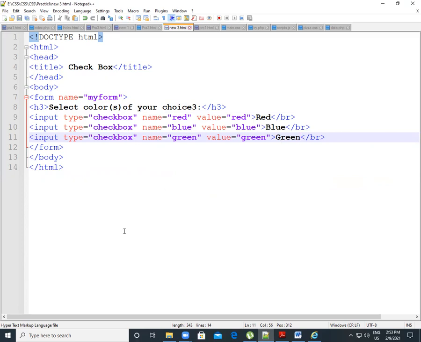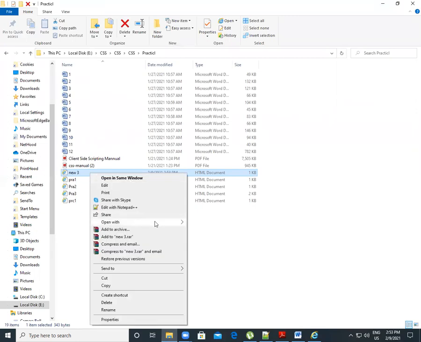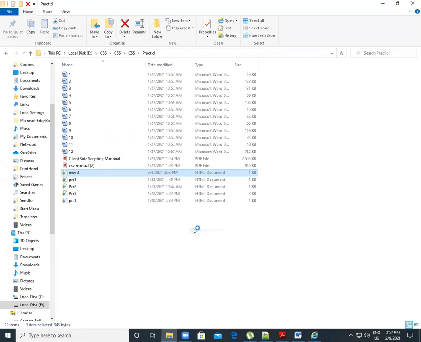Now you can save this file and run it in your browser. One second, I will run this program on Internet Explorer, oh sorry, Google Chrome. Open with Google Chrome.